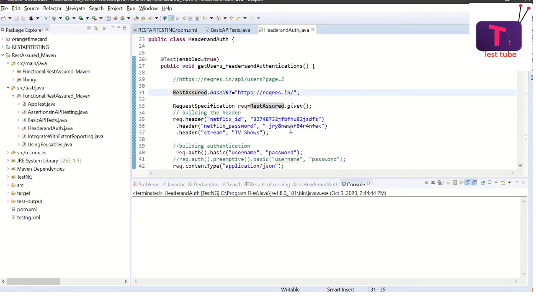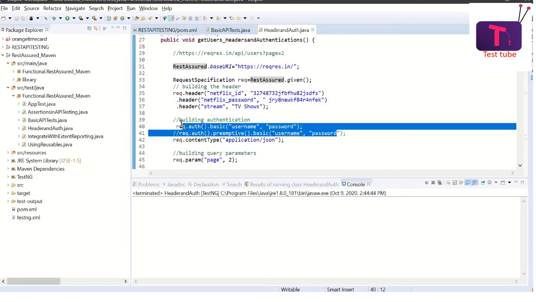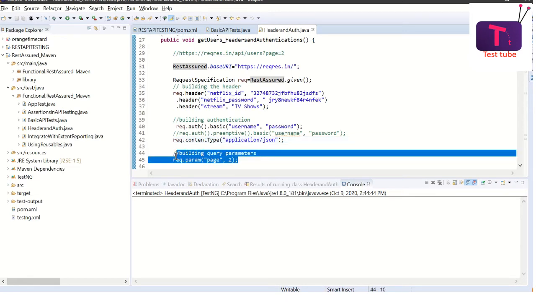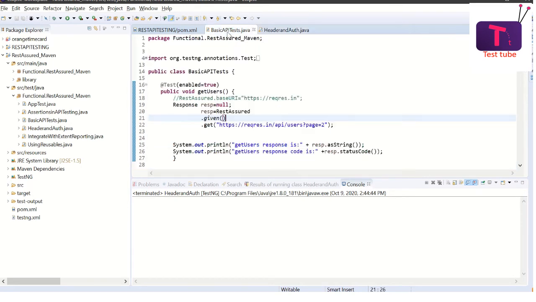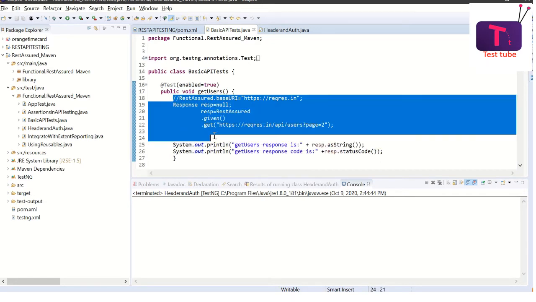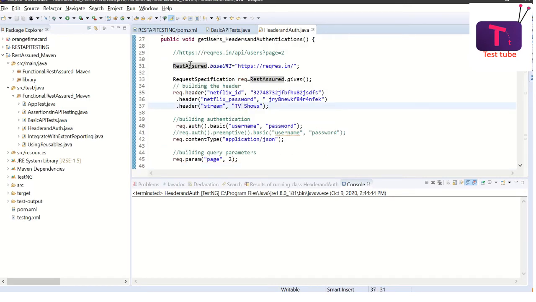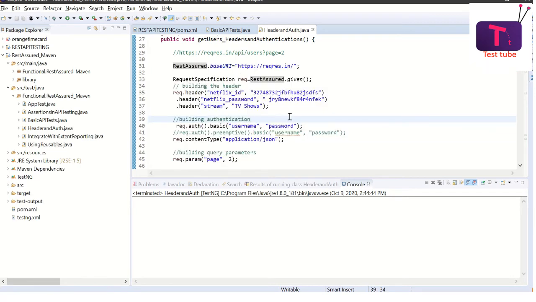As you can see, we have a section just for headers, a section just for authentication, a section just to define the content type, and a section only for parameters. So this is how it is built in a plain way, but here you can see a certain structure is followed so that we know what this API is all about in detail.